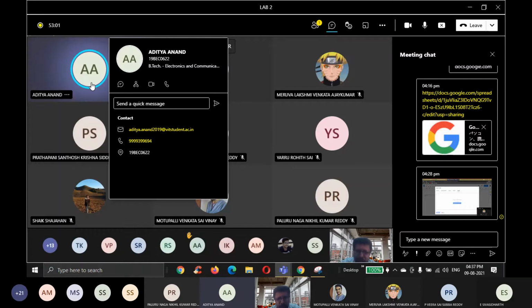I can call him through his registration number. Or if I know his mail ID, I can post the information to him and ask him to respond. If I have his mobile number, I can call him through the mobile number. So these are different ways of addressing a particular student in the class. Similarly, if you are in your house, let us assume, your parents are there, you are there.